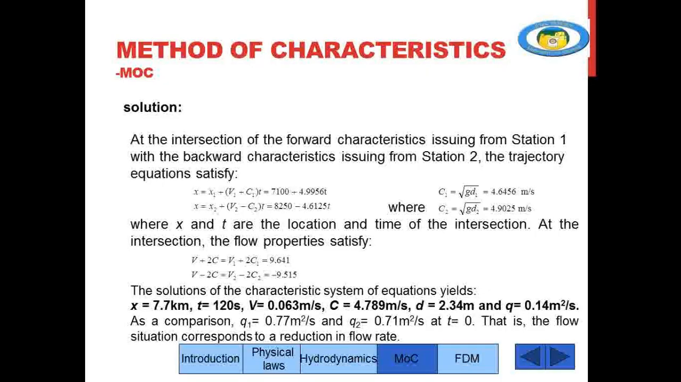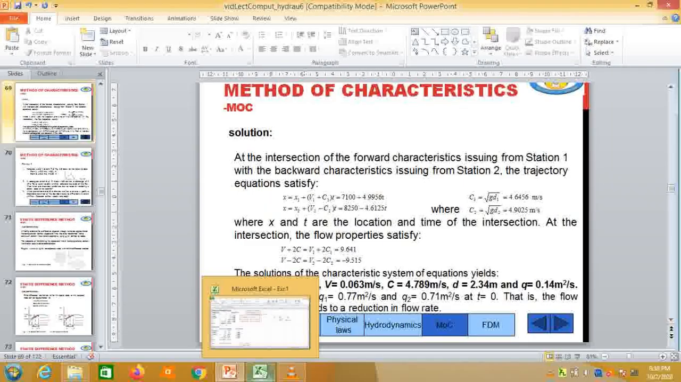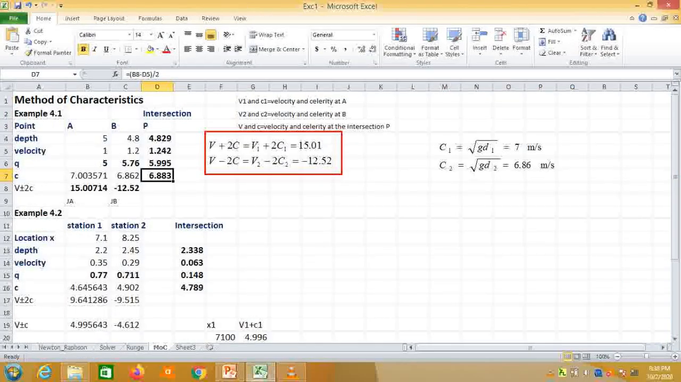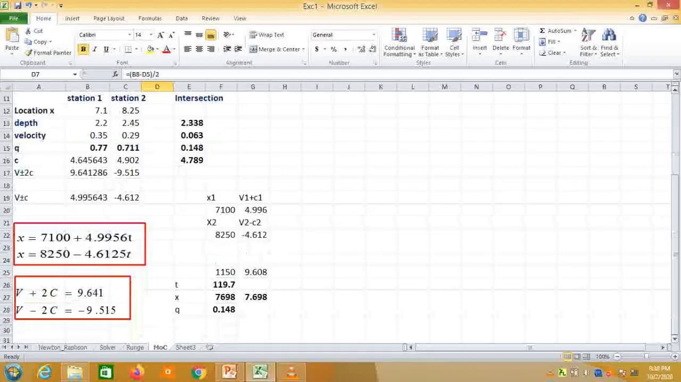That one is not correct. So we need to calculate that. So this shall give you here 4.9956. Oh, it should be 4.9956. So the celerity is